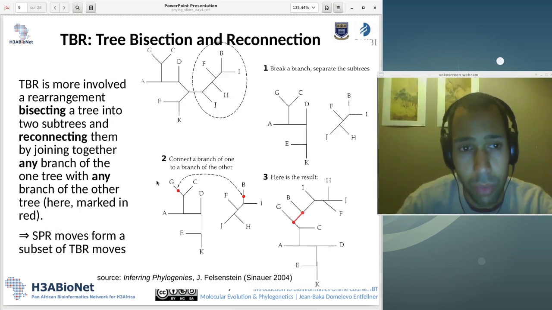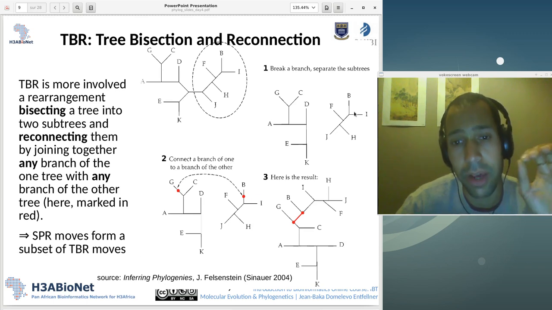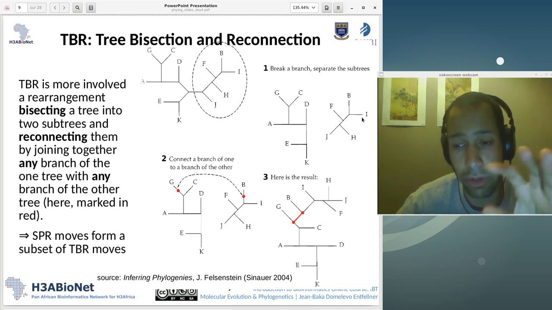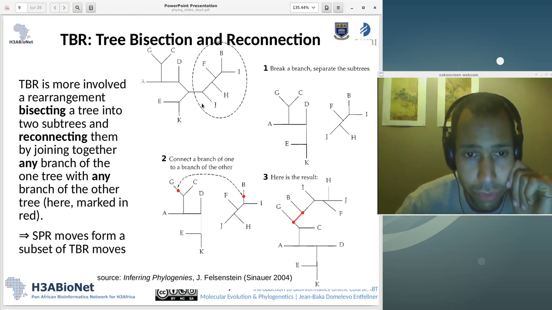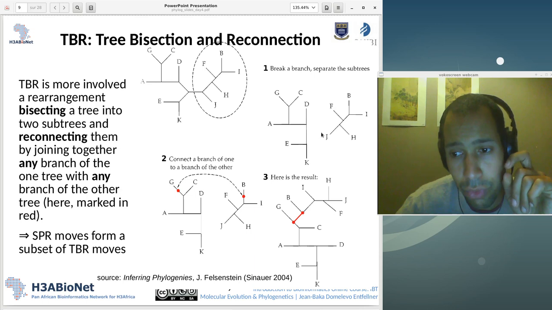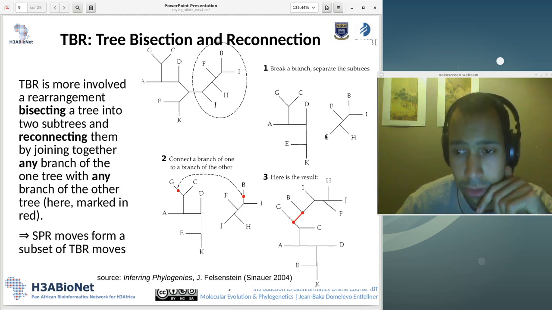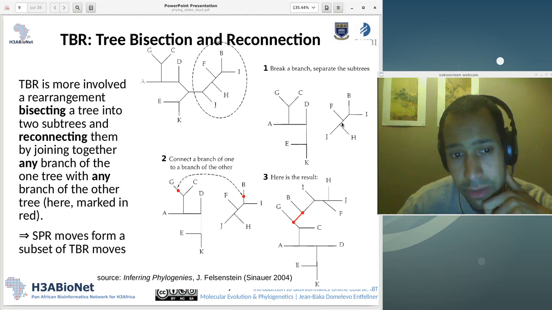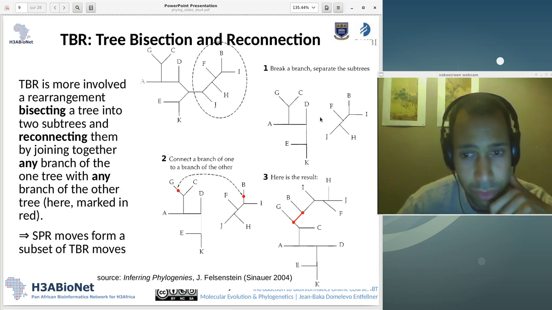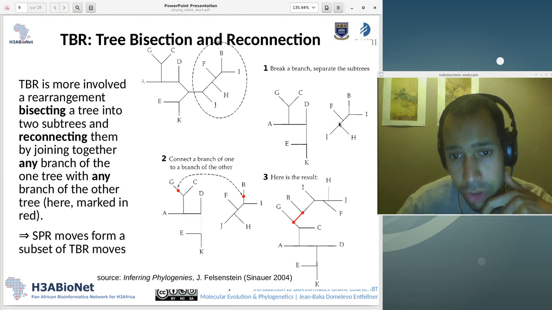Asymmetric. With tree bisection and reconnection, you first bisect, and after bisection you have two trees. Okay, two trees. Like here, we cut here, we break a branch, we separate the two subtrees, then we have two subtrees. Now we're going to have many more options to reform a tree than we're given just by SPR, because now we're going to merge these two by, in a way, identifying one branch of the one tree to another branch on the other tree, and say, okay, we're going to connect the two trees